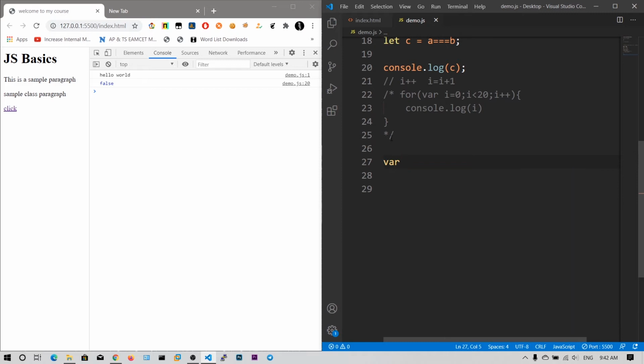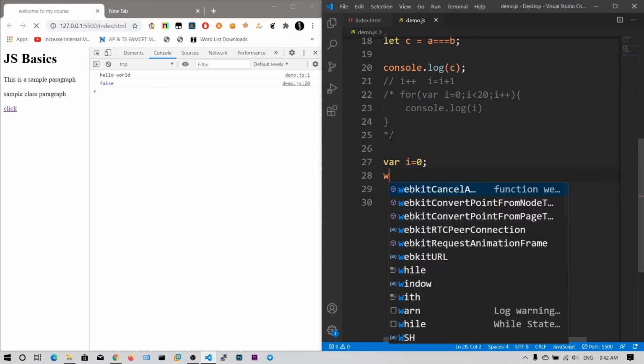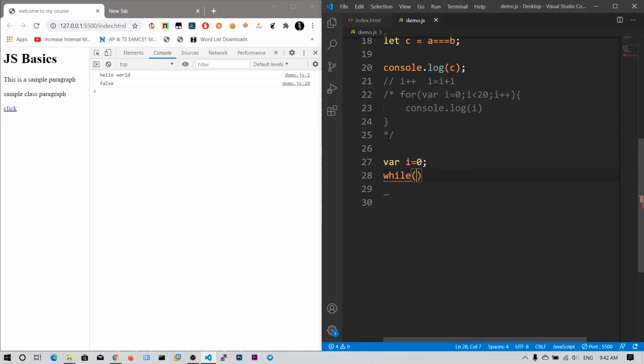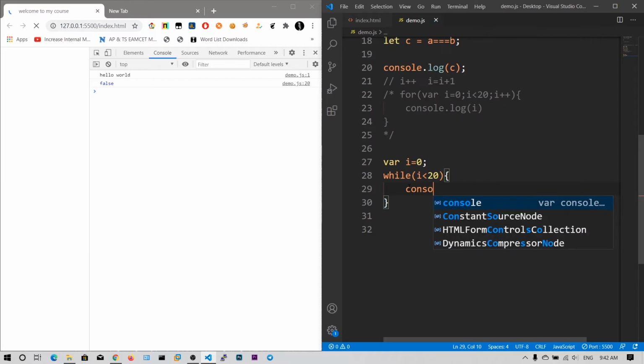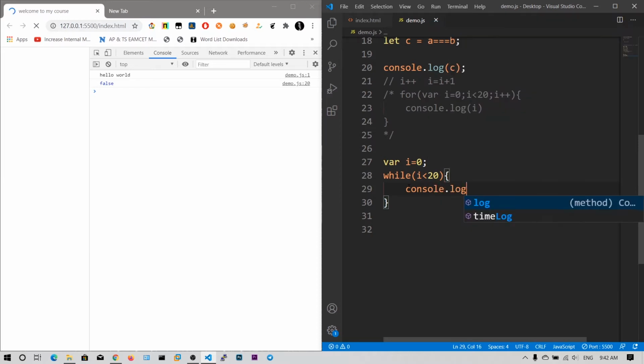Let's say var i = 0 again, and then we say while with a condition. We need to specify only the condition, i < 20. Until i < 20, this loop gets executed. So let's say console.log(i).